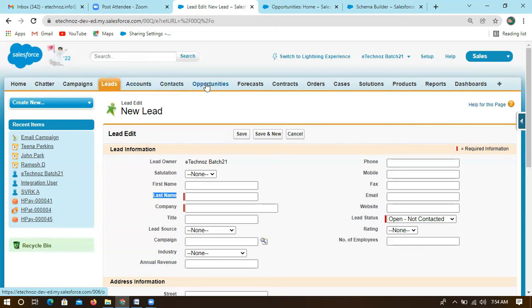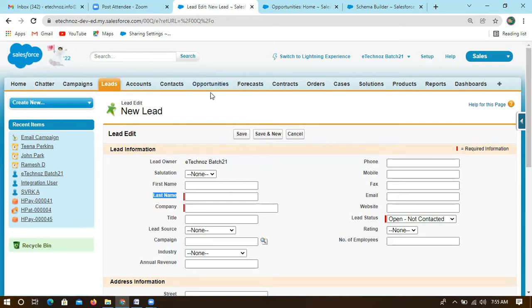If I want to track the business, how much revenue, the potential of the actual business, that will be considered under opportunities. Account is only for storing the company's information. Contact is the specific representative we need to speak with for the respective company. And opportunities is the revenue model, so the entire revenue we will define under this opportunity.